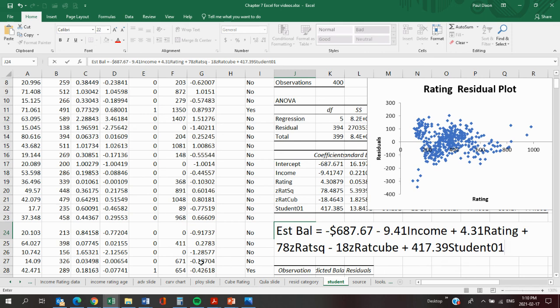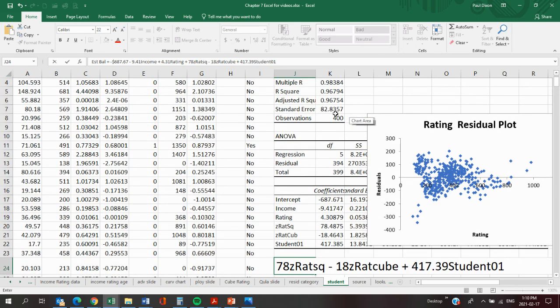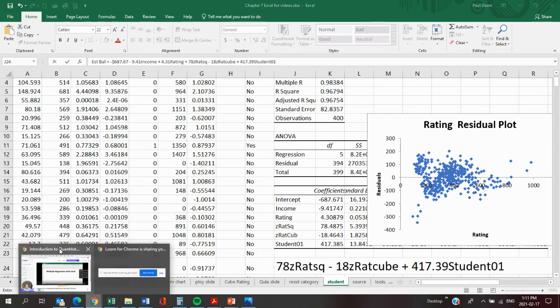And that's about all I can get out of this data. If I went and looked at my residuals and tried to see, is there any further way to explain them based upon other things, I'm going to find there isn't much I can do. My R-square is almost at 100%. My standard error may still seem large at $82.84, but it's going to be hard for me to get it much smaller than where I am. And we're all done. Okay, so